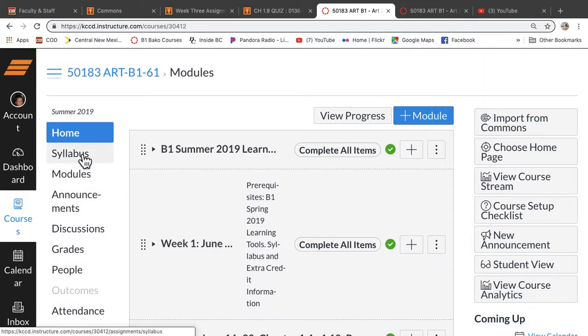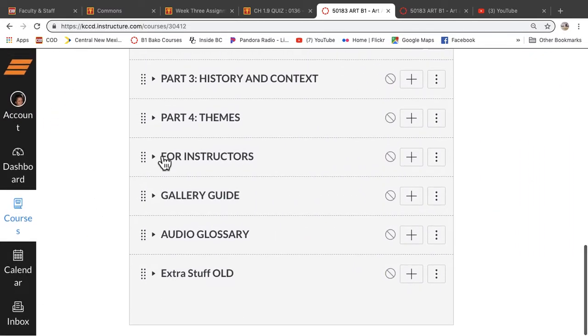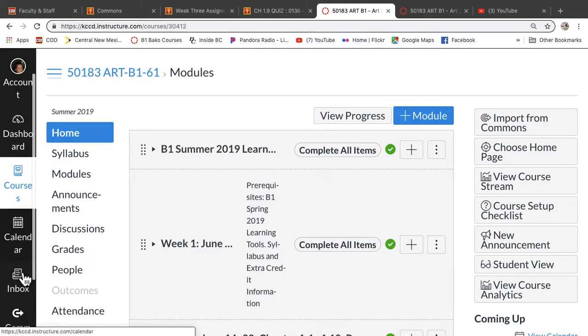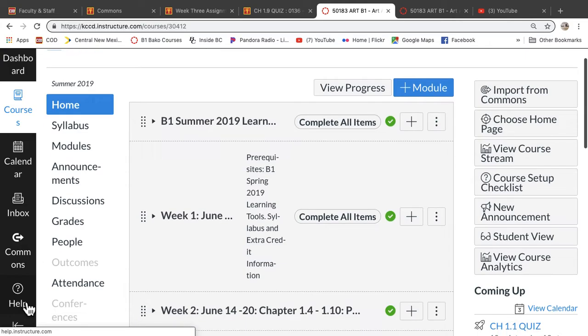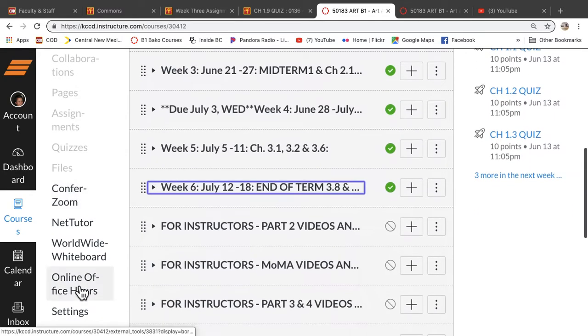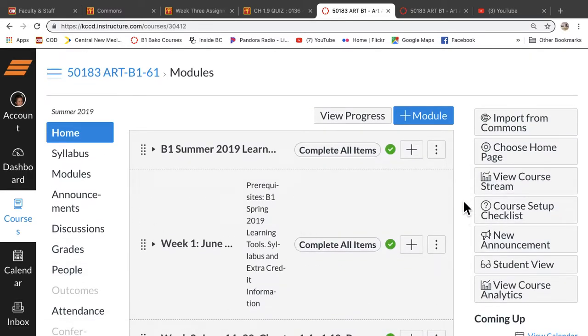Okay, so let's go through the home page, like I said, and I'm going to start over here, all the way over here. So on Canvas is where we are now, if you haven't been here before. This is our menu strip here, and there's an account, dashboard, courses, calendar, inbox, comments, help. Okay, these are always standard in any course you take. What you can see here is going to be a little bit different than what I can see because I don't have student view turned on right now, which I'll do later.